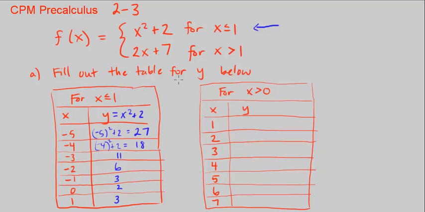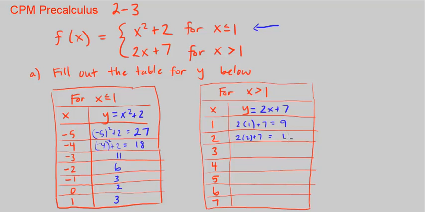Over here, we're just continuing, but we have now x is greater than 0. That should be greater than 1. Let me go ahead and erase that and fix it. Right, it's greater than 1. And the equation is y equals 2x plus 7, right? So at 1, if we plugged it in there, 2 times 1 plus 7 is 2 plus 7 is 9, okay? We plug in 2 in this equation, we get 2 times 2 plus 7, that's 4 plus